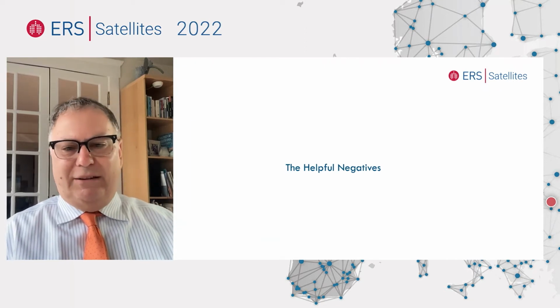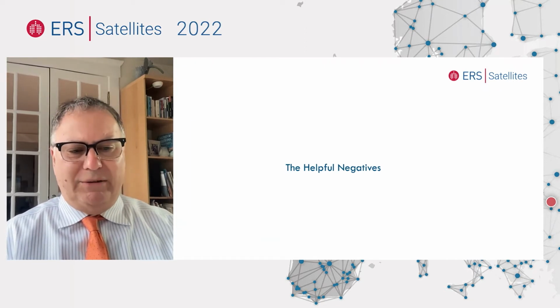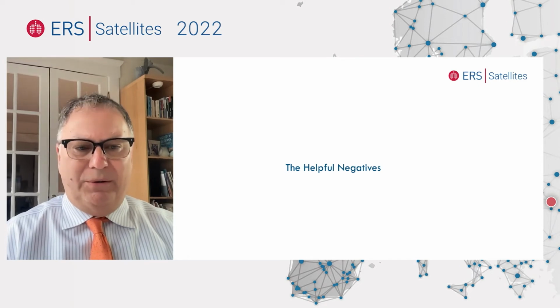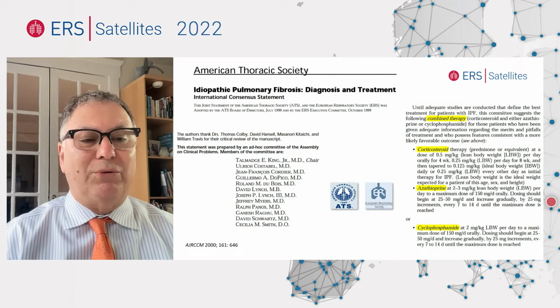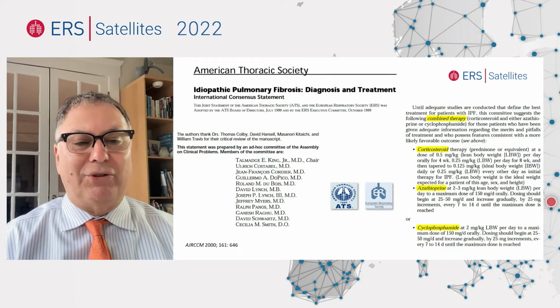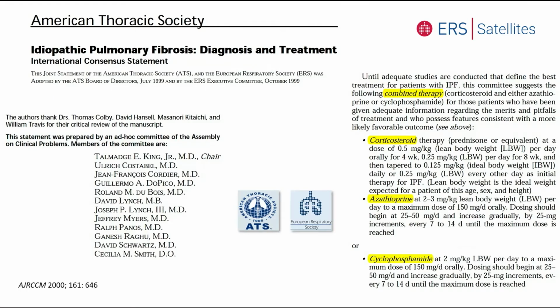So what are the helpful negatives? I want to reiterate this, although everybody's aware, the most important thing is, again, when I finished my fellowship, this was the idiopathic pulmonary fibrosis diagnosis and treatment international consensus statement, recommendation of treatment with corticosteroids, azathioprine, or cyclophosphamide. These are extremely established people. They were not wrong. This was the data they had. Luckily,